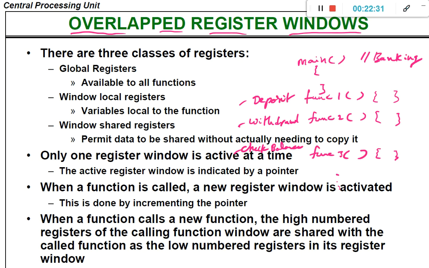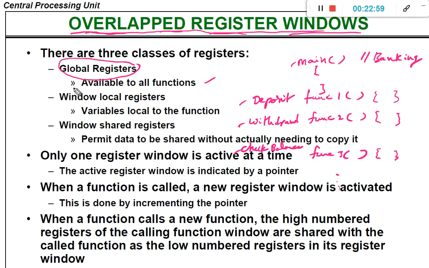That is why it is called overlapped register windows. So what are the different categories of registers? We can bifurcate them as global registers. Global registers are available to all of the functions. Some of the registers are called global registers, which can be shared by the main program, function 1, function 2, function 3 and so on.